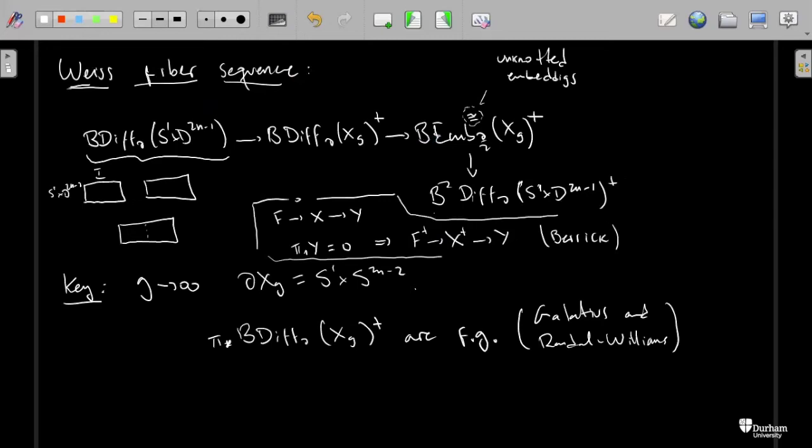Now you plus construct here, but this space was simply connected, so you may just... Because that's a double B, it's simply connected. Right, exactly. So pi1 of this is pi0 of B, but B of something is connected, right? And then now you can loop this thing back up, right? And then you get again this fiber sequence. So that's the point. Is that clear? So everything boils down to this more general statement.